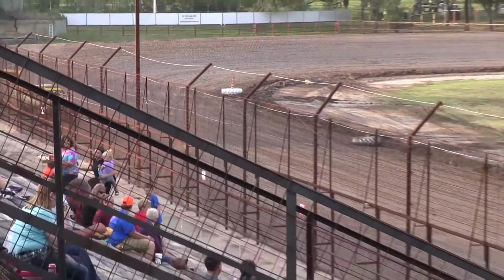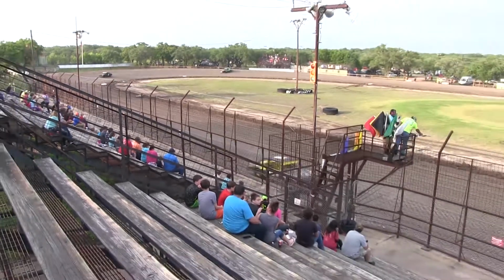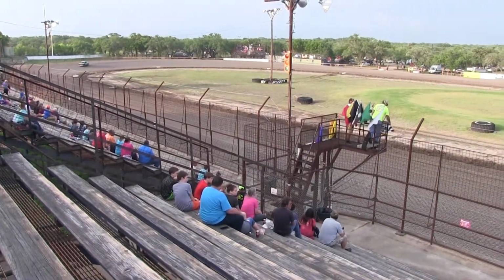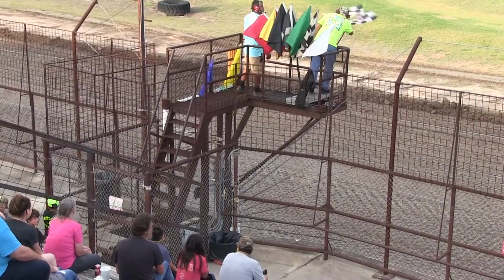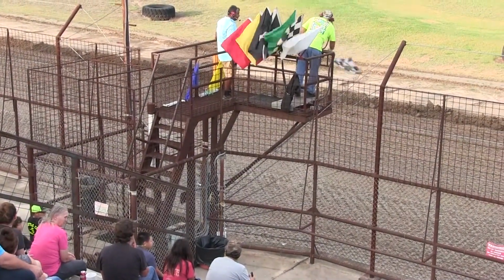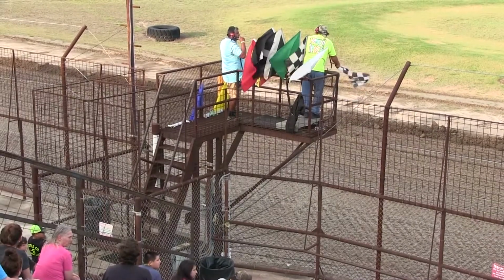Johnson. Checkered flag will wave for your winner, Joseph Snow in the 01 machine. He'll take the win in heat race number 1. Looks like Johnny Westfall going to come across in 2nd. Bryce Barros will be 3rd in the 99. 4th spot looks like it's going to go to the...